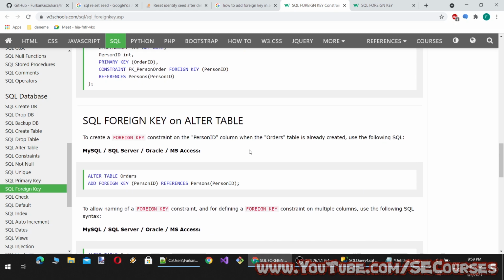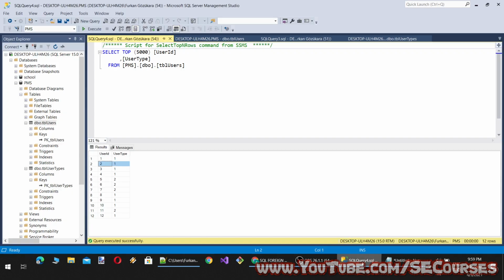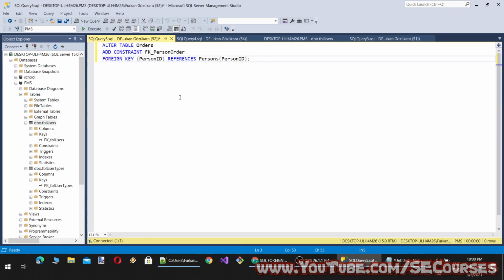Okay, so how do we compose a foreign key? So this is the way of adding a foreign key in Microsoft SQL Server. Alter table TBL users, add constraint, foreign key, let's say person type.